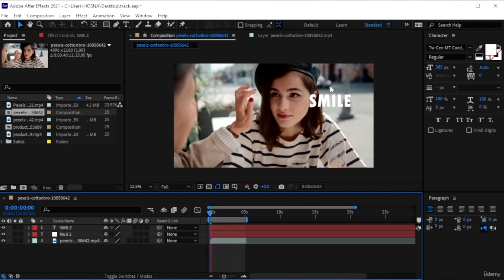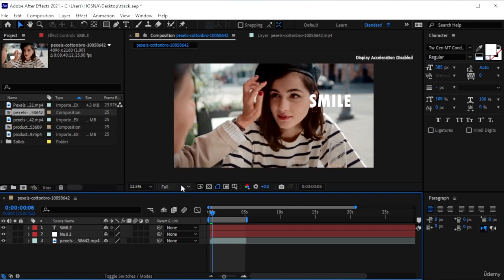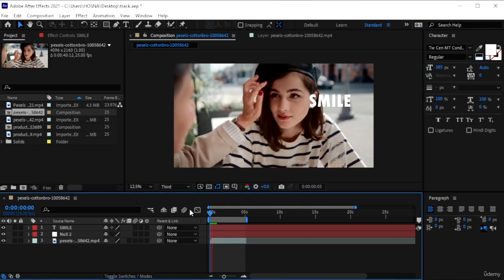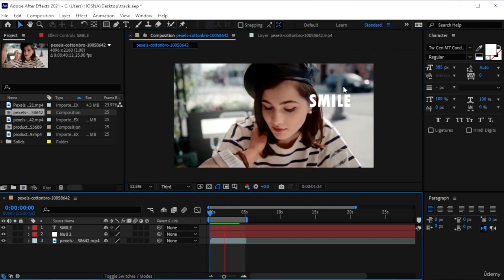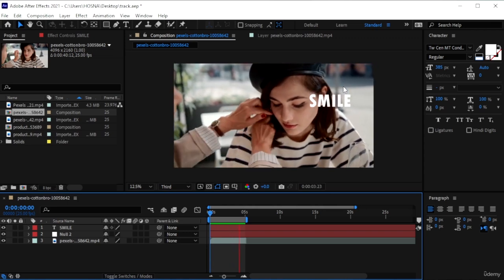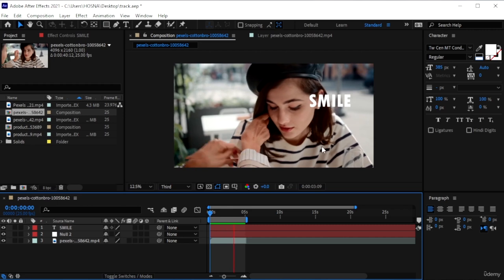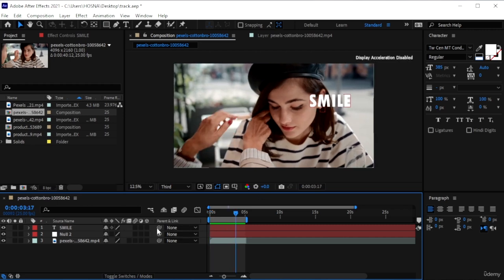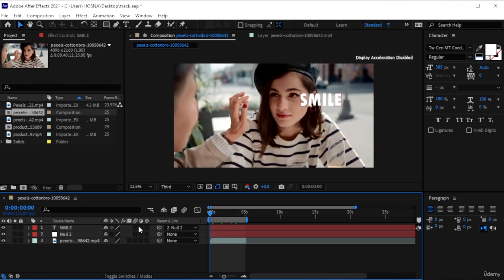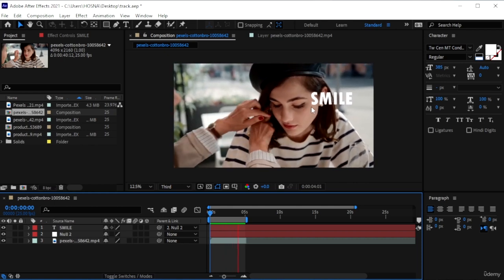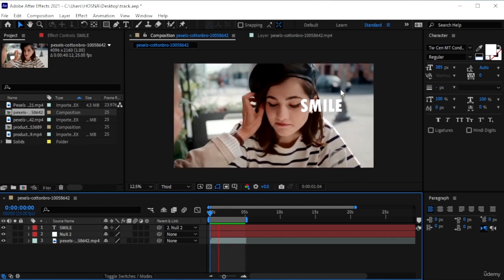And then what we're going to do to link the text with the movement, because right now if I play it back, the text is just standing there. Let me bring down the resolution. You can see the text is just standing there and it's not moving with the pearl earring. So we want to make sure that this is linked to all the keyframes that we made. Just get the pick whip, the spiral thing, and grab it on top of, just link it to the null 2. And now you can see that it's stuck to that earring, and as the frame moves outwards, so does